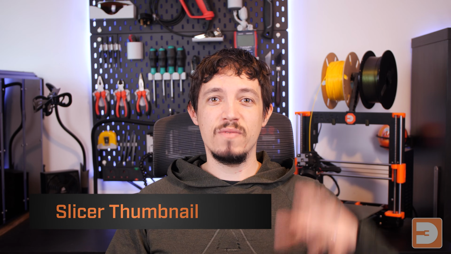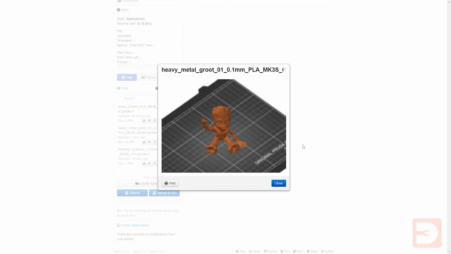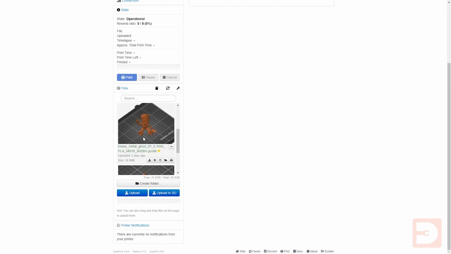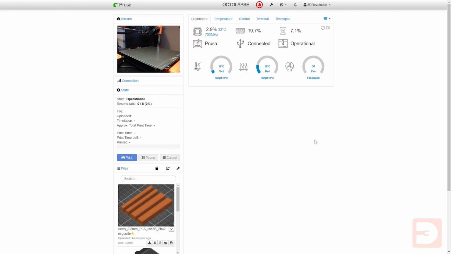Once you've got lots of G-code uploaded to Octoprint, it can be a right faff trying to filter through all of it, trying to figure out which one you actually wanted to print. Well, Slicer Thumbnails makes it a very different story. It will add a button to each of your G-code files, and if you click that button, it shows you a thumbnail, a 3D render of that object. You can also, in the settings, add it so it will include an inline thumbnail as you're scrolling through all your G-code, and this will also be shown when you're selecting G-code to be printed. It will show the image of what it's going to look like underneath in the main display.